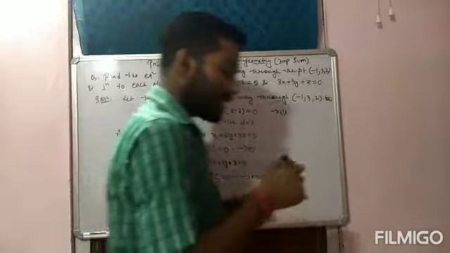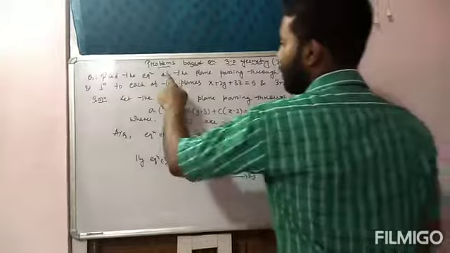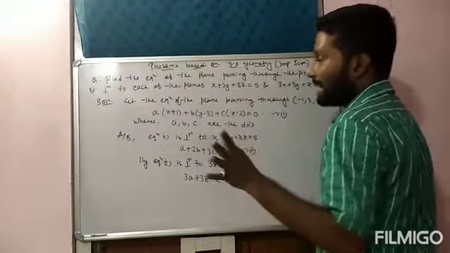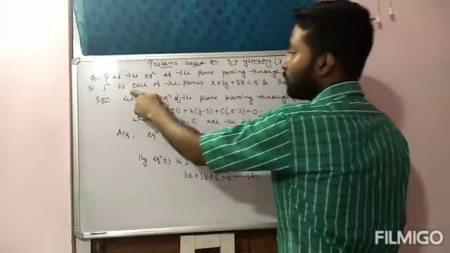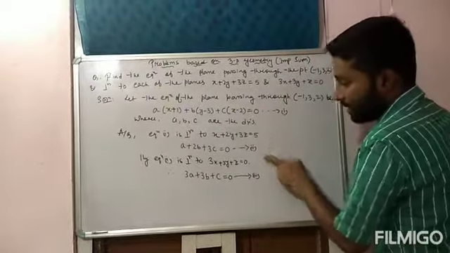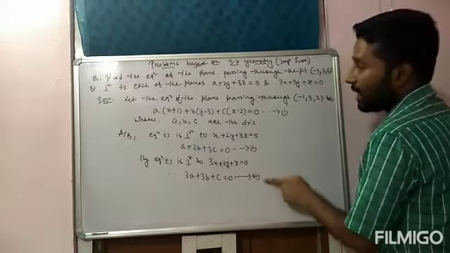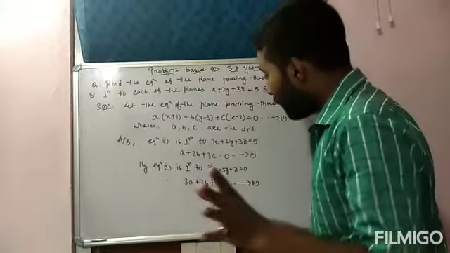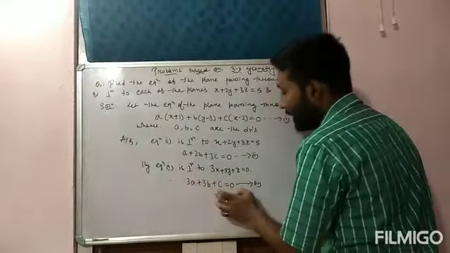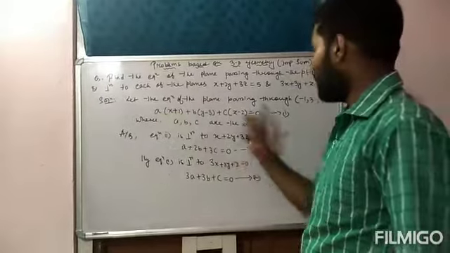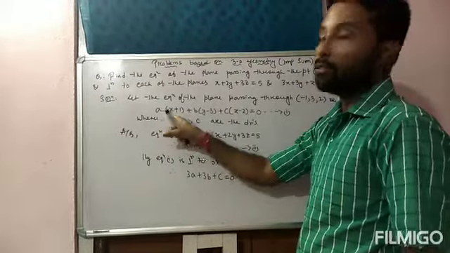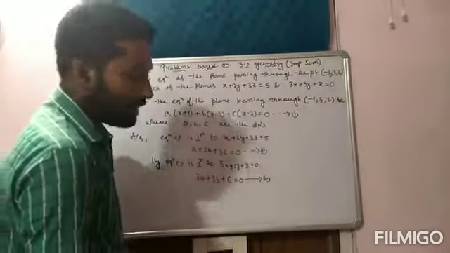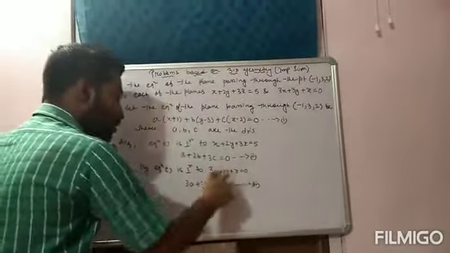So these conditions are given in the question. First of all, the equation of a plane passing through a point, this is the equation. The second thing is the required plane is perpendicular to each of these two planes. We got equation 2 and equation 3 after using this condition. Now the question is, what do you have to find out now? The values of a, b and c. Because in equation number 1, we don't know the values of a, b and c. So you have to find the values of a, b and c. How can we find them? By solving 2 and 3.